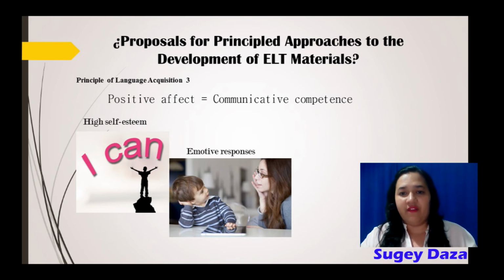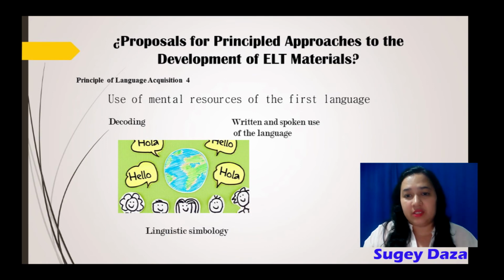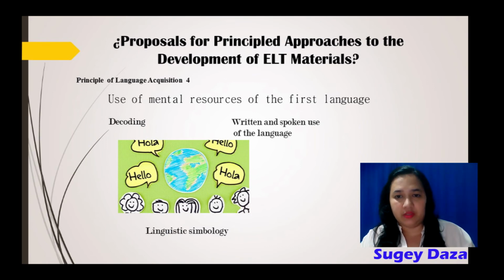These actions benefit the students because they stimulate the use of their mental resources, creating images that connect with their experiences, decoding and coding linguistic symbology to make predictions and interpretations. This multidimensional representation enriches the learning process by promoting the acquisition of the second language through the meaning it gives